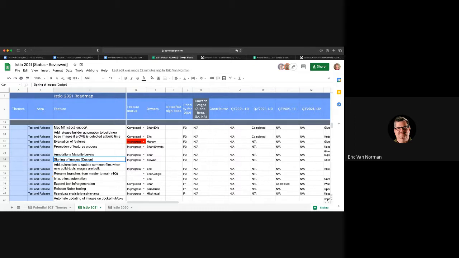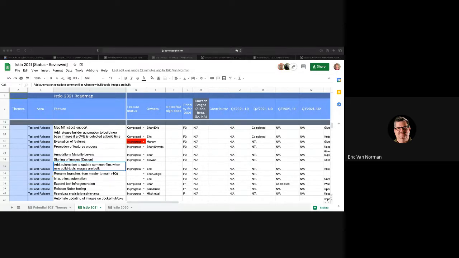And then one of the other small pieces of work that I'm going to work on is trying to get some additional automation in. When we update the build tools image, we don't have any automation to push that change out through common files. So we have the image name in the common files, and that PR needs to be done manually today, which then kicks off the rest of the automation. So we just need to marry those two things. I believe I have code to already do that in one of the repos, so it should just be sticking it into the pipeline, I hope.